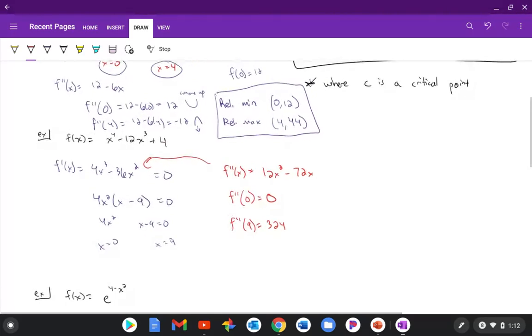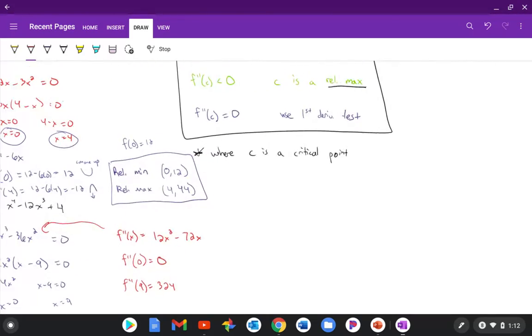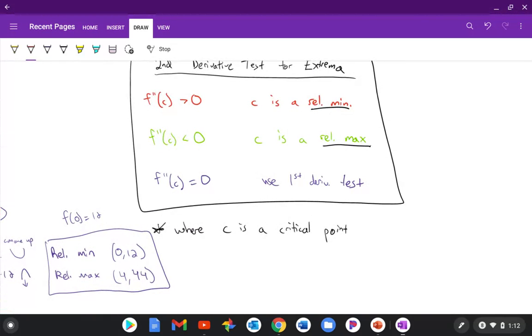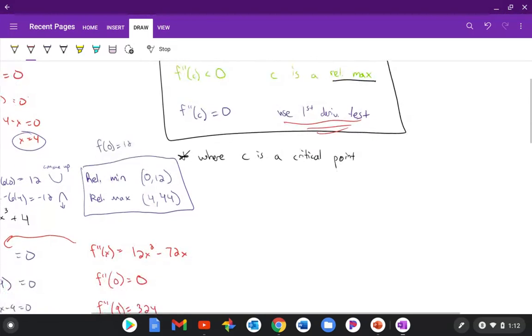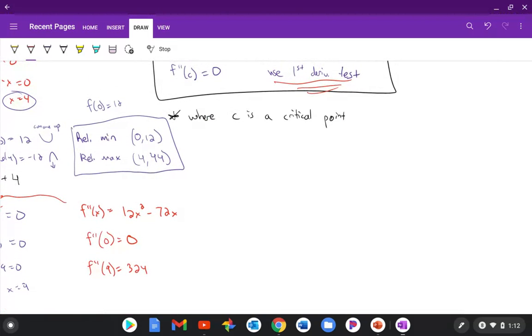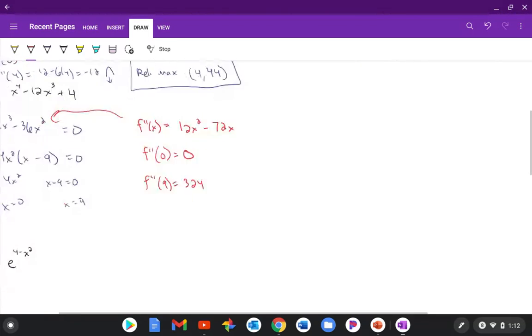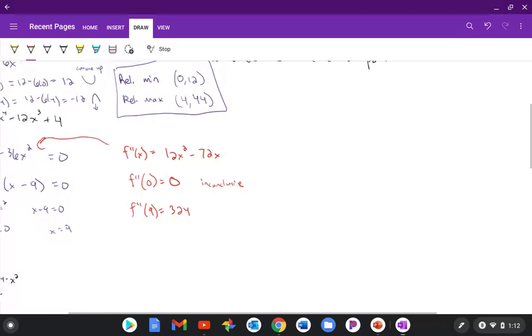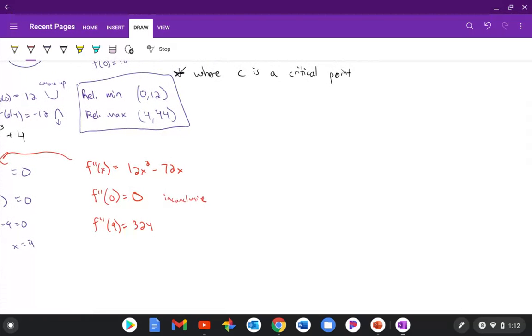All right, so now using this little chart, if you remember, f double prime of some critical number and you get 0, that means it's inconclusive. We can't make a determination, so we actually have to go back and use the first derivative test. That's why the second derivative test isn't so good, because sometimes you go through the work and then it doesn't work anyhow. So at any rate, for right now, this is inconclusive using the second derivative test. This one was a positive, which means concave up, so that is a relative min